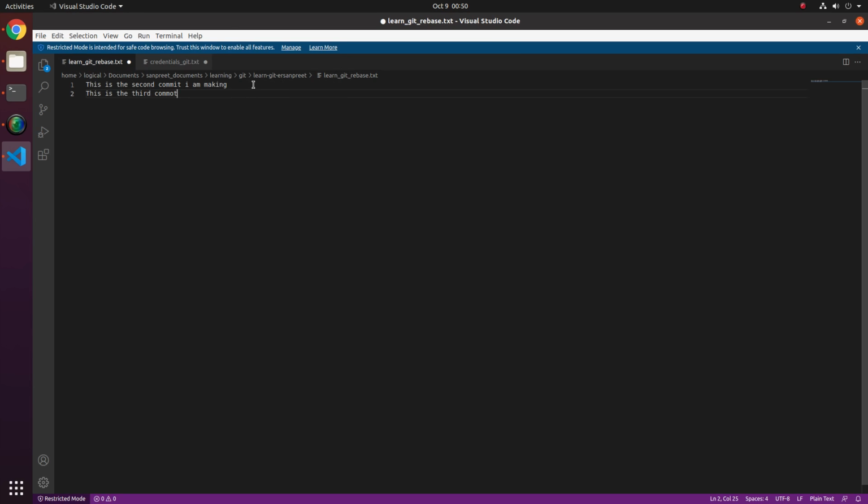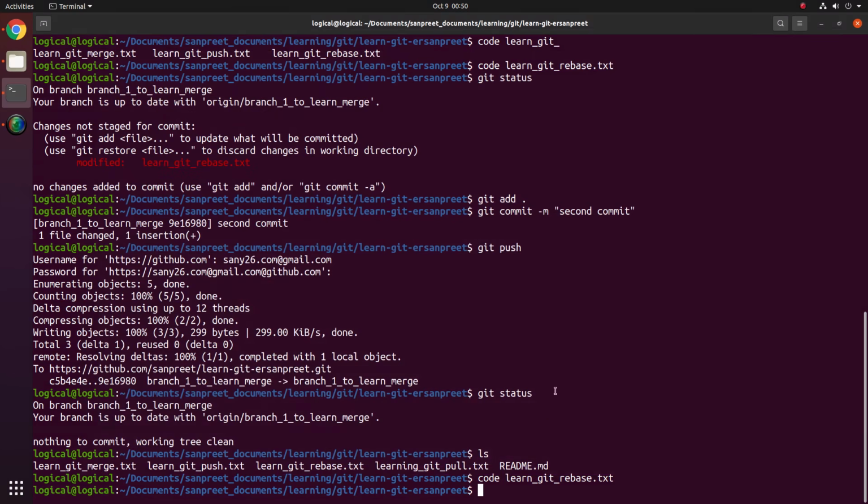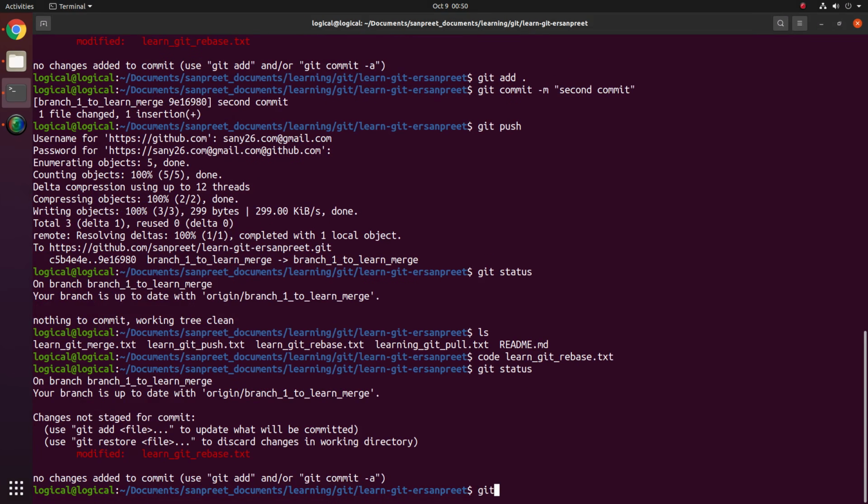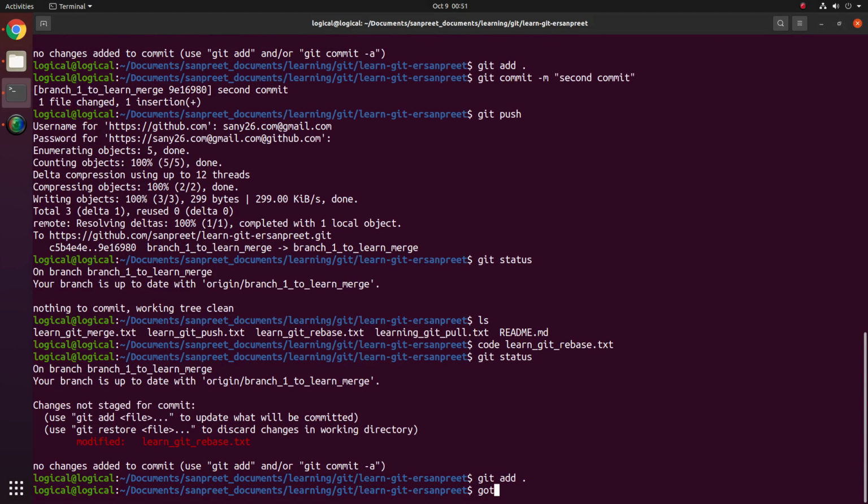Okay, I am making it. So perfect. Let me close that, and git status, it would be untracked. Make it tracked using git add, then git commit -m. Third commit is added.